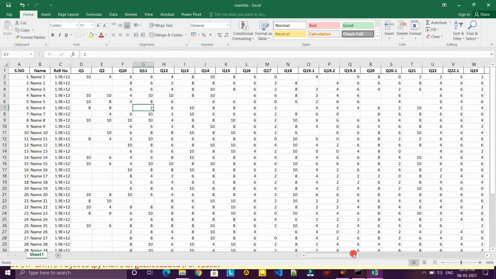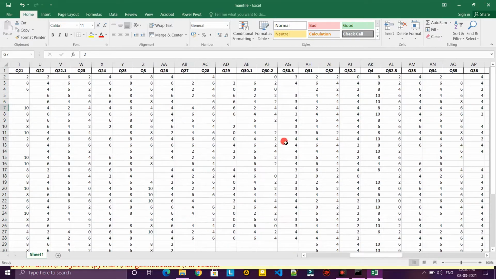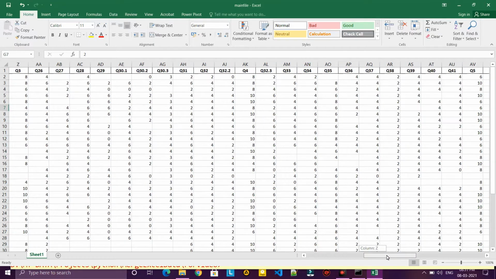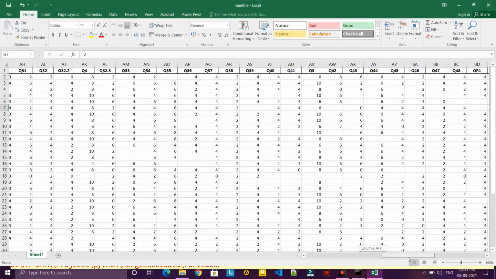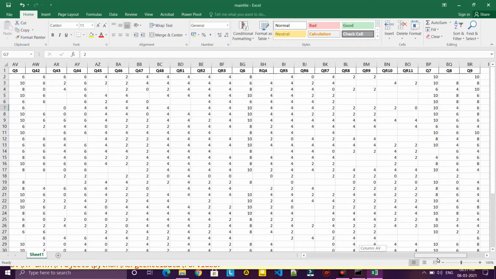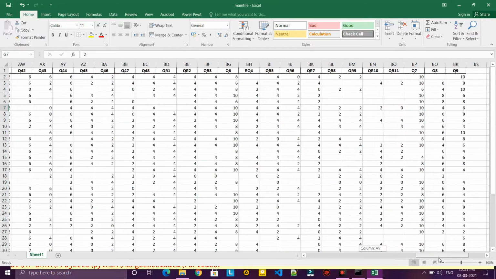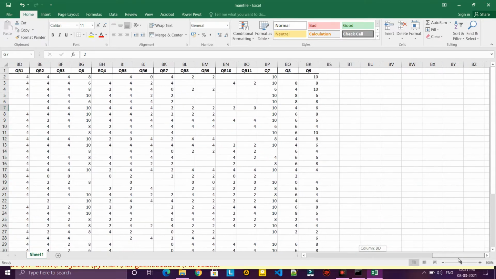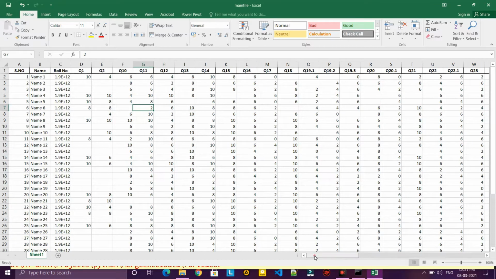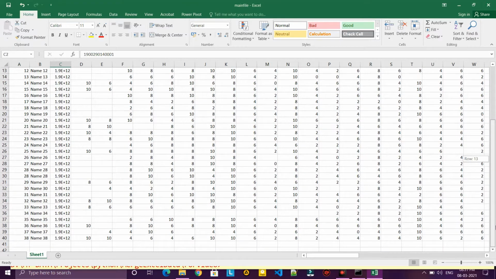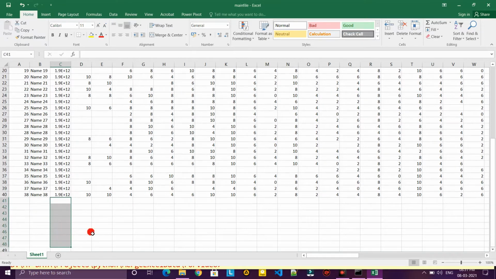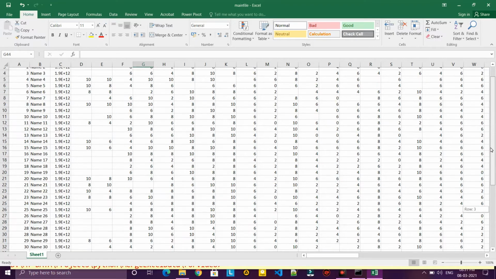Okay, and we have others also, 3 we have, 4 we have, all the columns we have. We can arrange all these because it depends on the file which we have first. If we have the queues1 file first, then it will merge 1. If we have the queues2 file first, it will merge 2. But all the file data will be merged automatically on the basis of the roll number. And if some roll number is found extra, because in this file no roll number is extra, but if some roll number is found extra, the roll number will automatically be inserted here. So it will work as an advanced VLOOKUP.